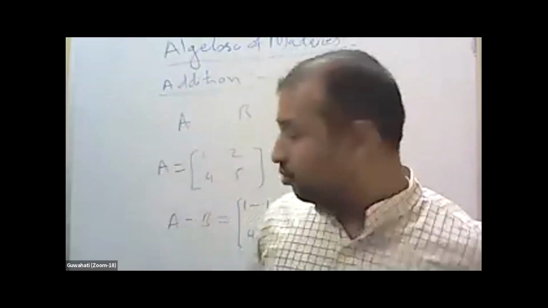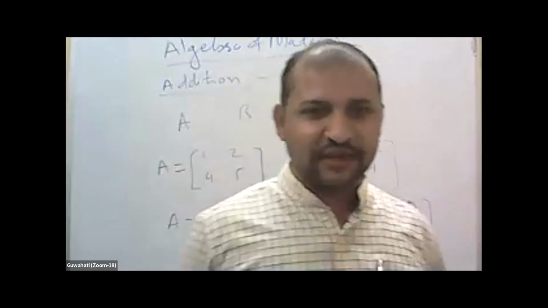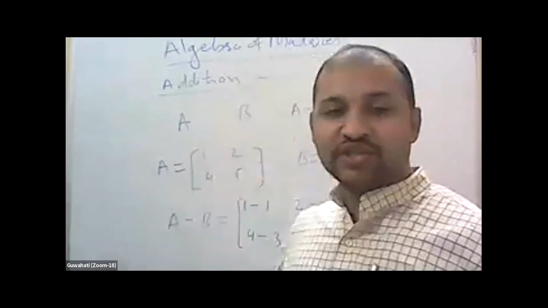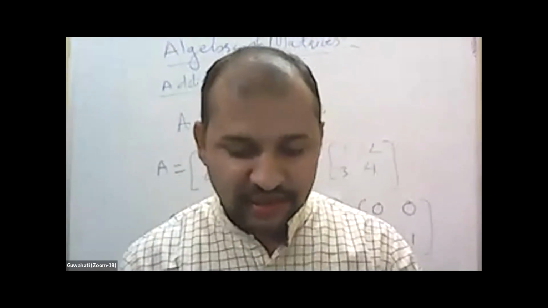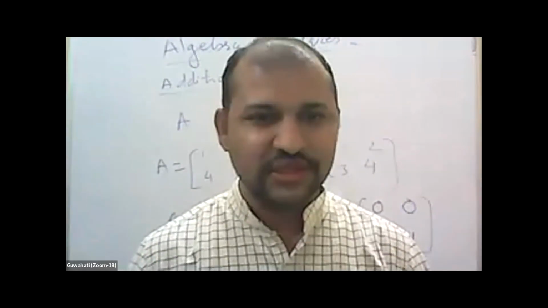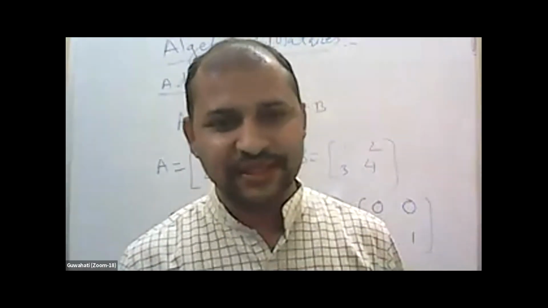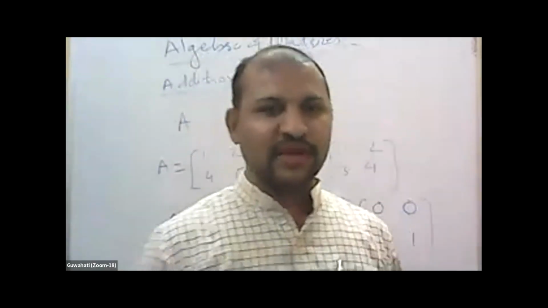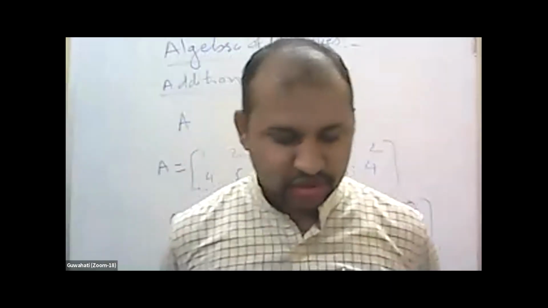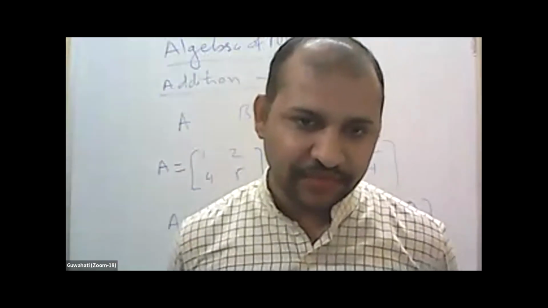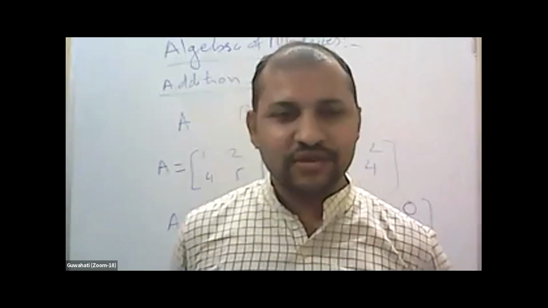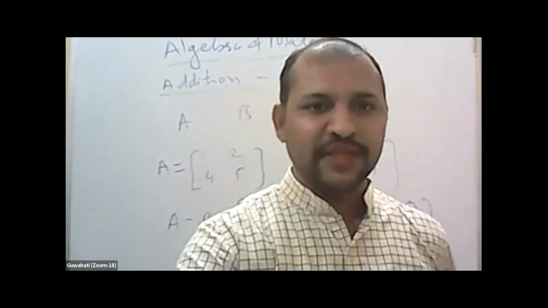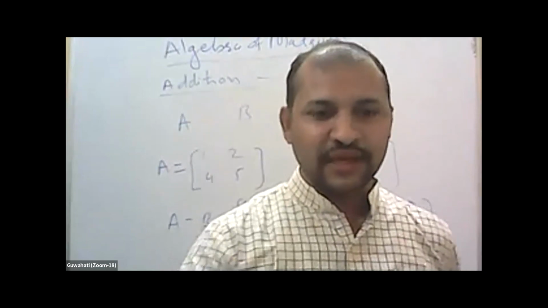Okay, so we'll stop here, and in the next class I will define the multiplication of two matrices, because it will take a little time: how to multiply 2 cross 2 matrices, how to multiply 3 cross 3 matrices, right, of order 2 or order 3. So up to this, does anyone have any problem, or is it not clear somewhere? If you can tell that, I can explain. Otherwise I can conclude this session.